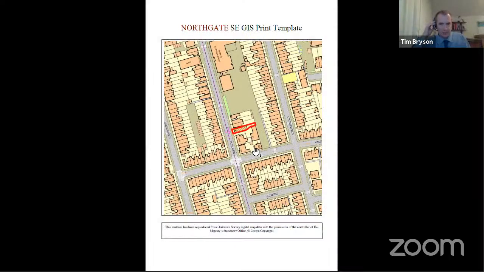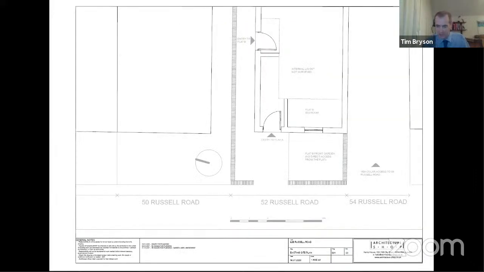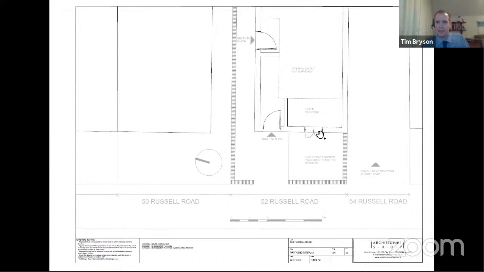Members, the application site is 52B Russell Road. It's a building that comprises 3 flats. The application is for a pair of double doors which replace an existing window. The application works have already been completed. The purpose of the application is to provide access from the flat at ground floor at the front to the outdoor space associated with it.